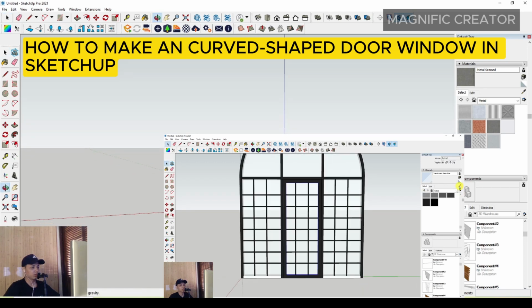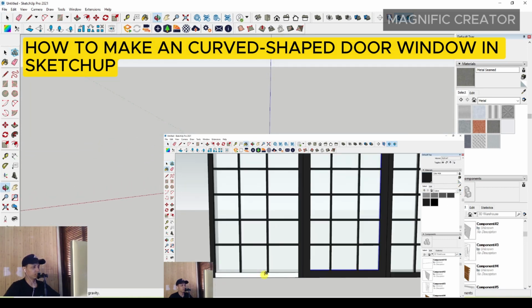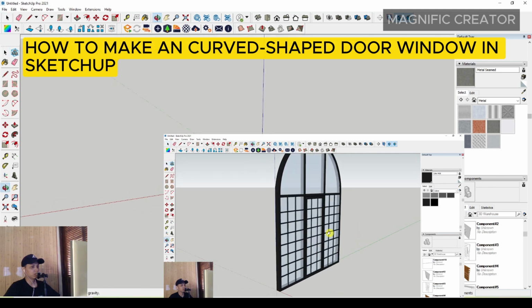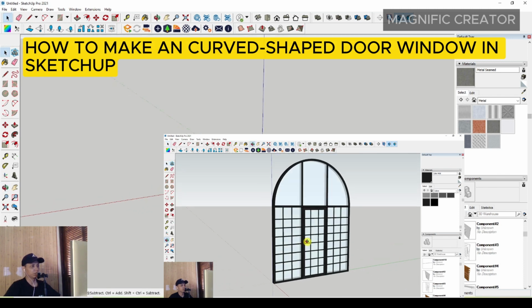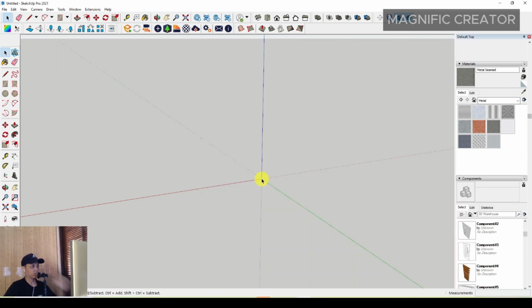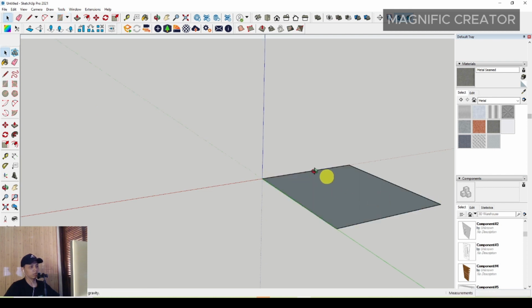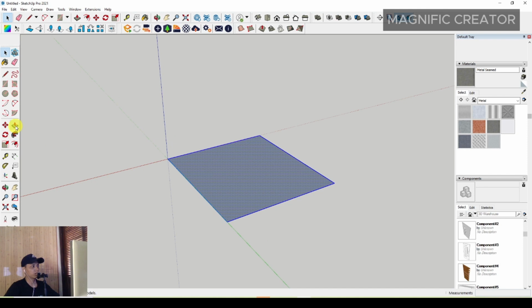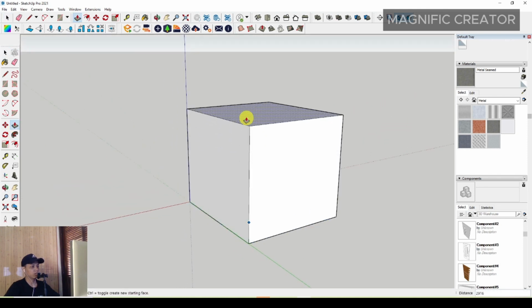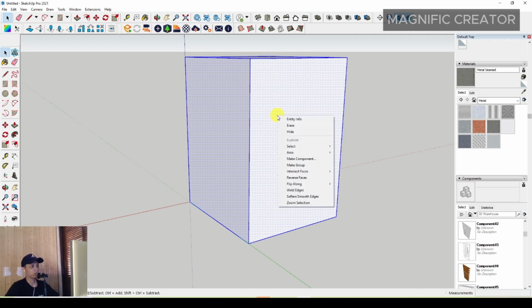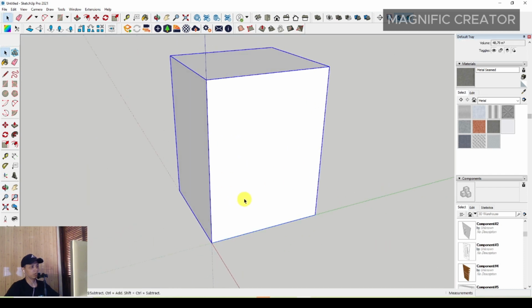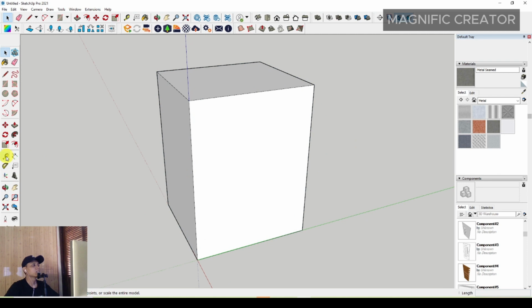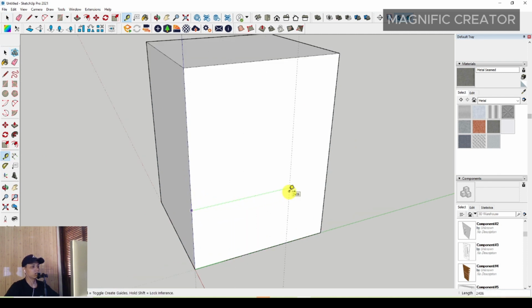Okay, in this video I would like to share how to make a curved-shape door with window glass. First of all, you have to make a rectangle in this position. You can set any size for the rectangle, and then push it up to the proper dimension. You can use the tape measure tool at around 3000 millimeter for the width, and then